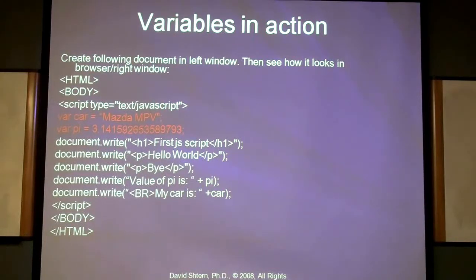Absolutely clear? The thing is that we use the plus operator, which is a little bit strange here, right? We use the plus operator to combine two pieces of information. One piece of information is this string, "value of pi is". Another piece of information is this one. So in order to combine these two pieces of information, I use the plus operator, which is a little bit strange here.